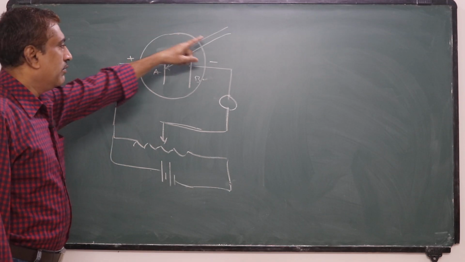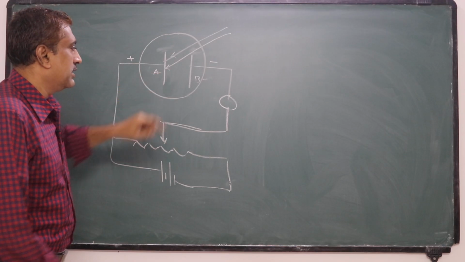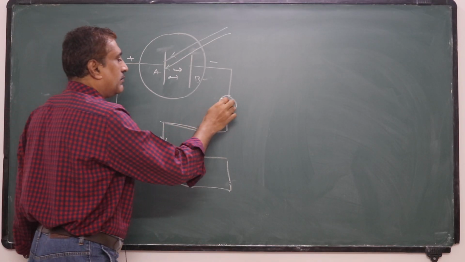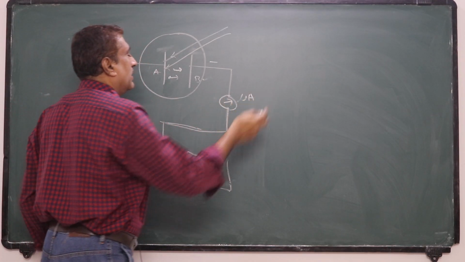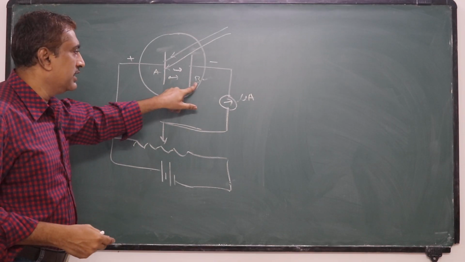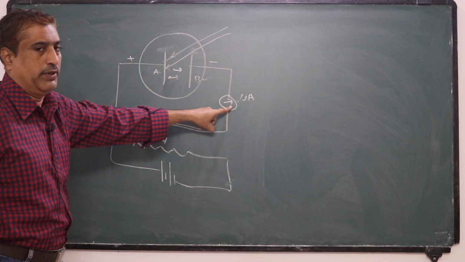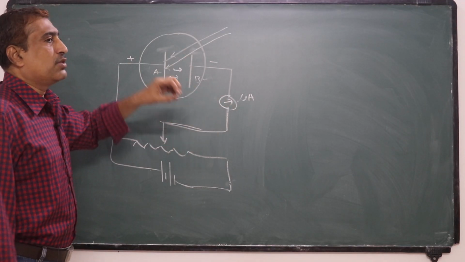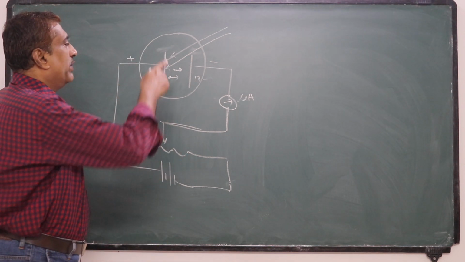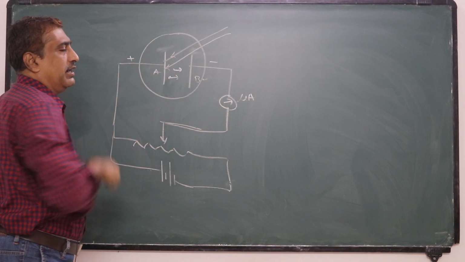So, if radiation is made to incident on this photometal, electrons are emitted, and the emitted electrons, if they have sufficient energy, will move towards this electrode and constitute a current, and that current is measured through this microammeter. Actually, this is the arrangement. So how Millikan verified this is, he made radiation of different frequencies incident on this same metal A.